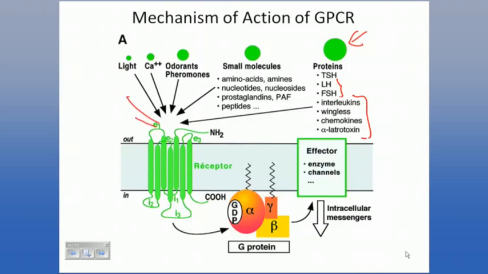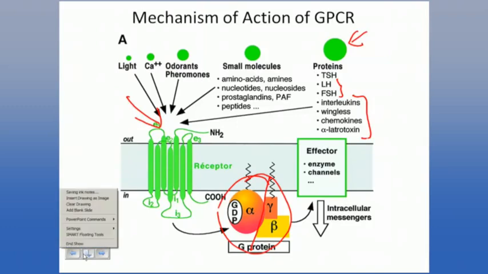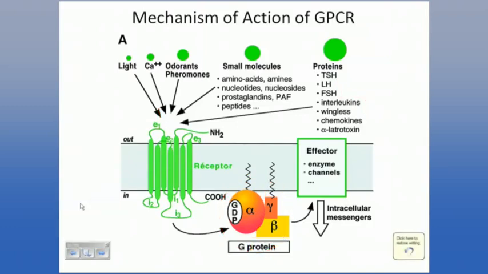Following agonist binding, you get activation of the G protein, which causes dissociation of the alpha and beta subunit from the gamma subunit, and it is then the activity of this activated subunit that alters the activity of an